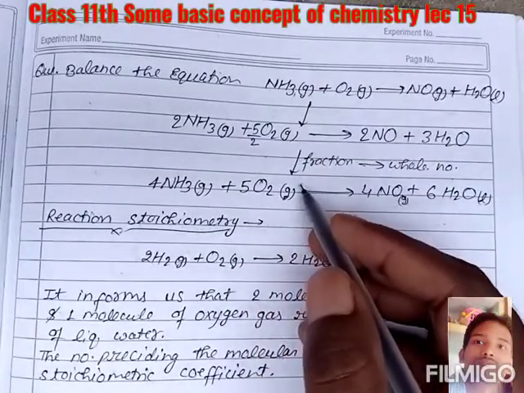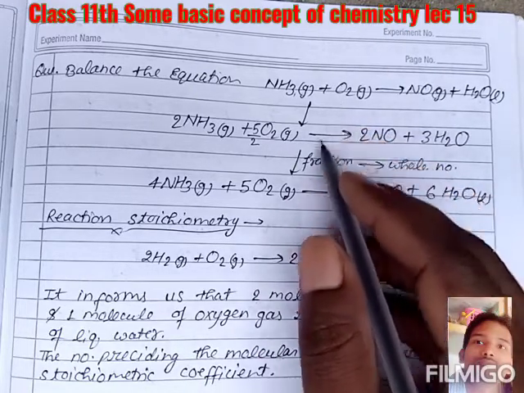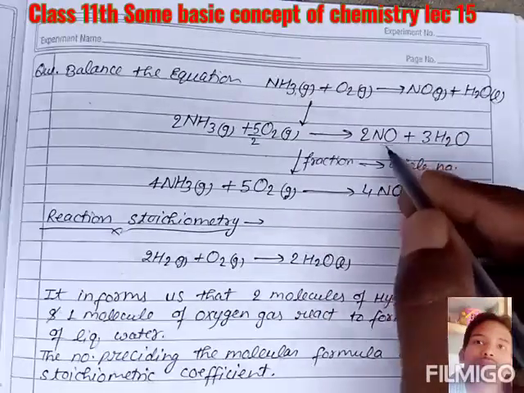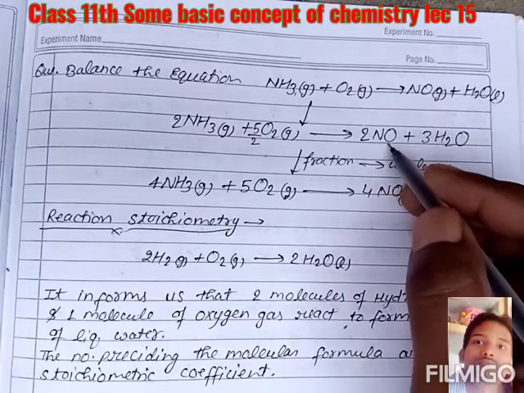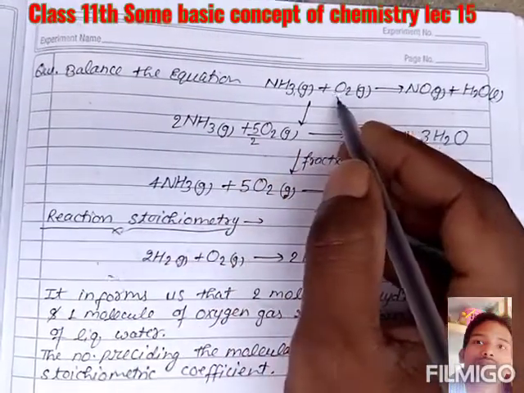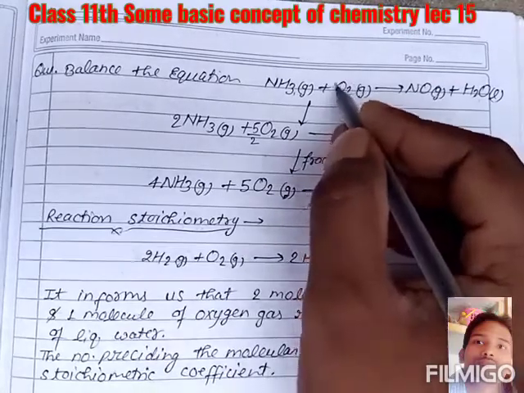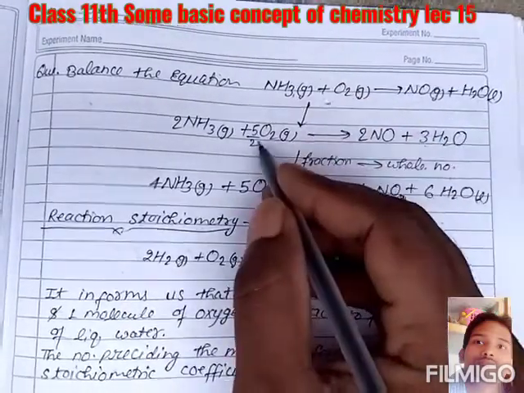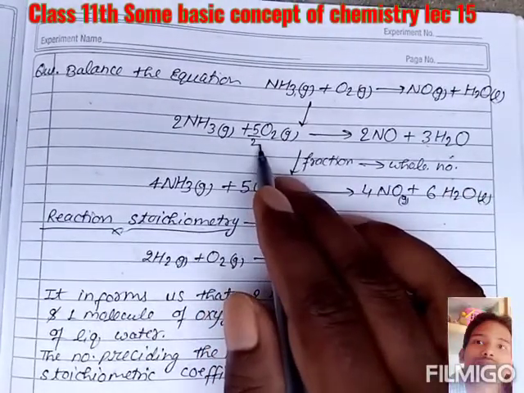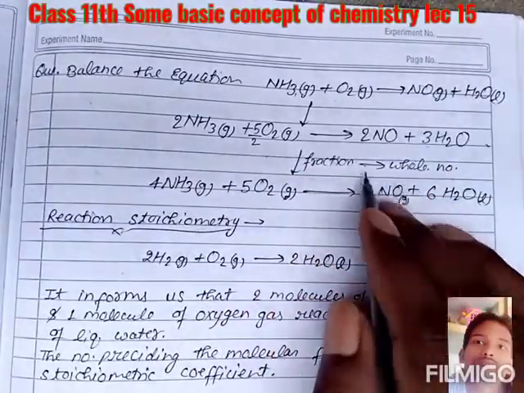Now if you are going to balance the oxygens, look here. Here oxygen is 2 times 3, and here oxygen is 2. So how can you balance it? If you multiply by 5 by 2, the 2 will cancel out, giving 5 oxygens on the left side, so the oxygen will also be balanced. But you want to remove the fractions, so what will you do? You will multiply by 2 on both the left and right side, turning the fractions into whole numbers.